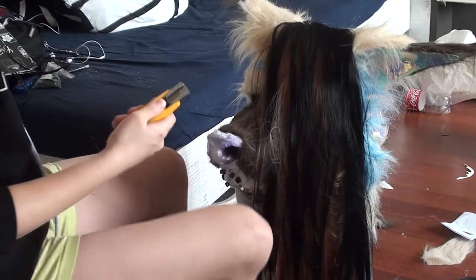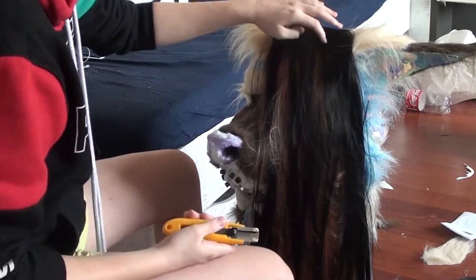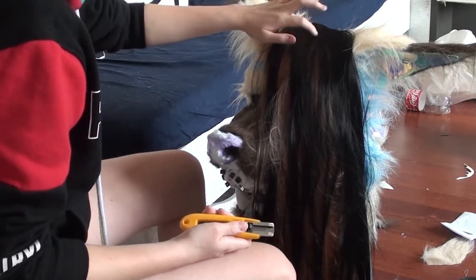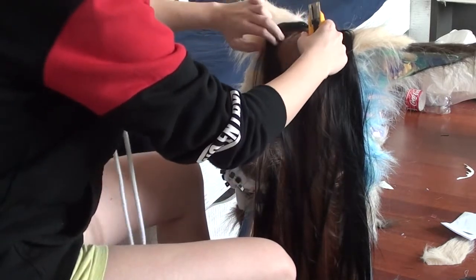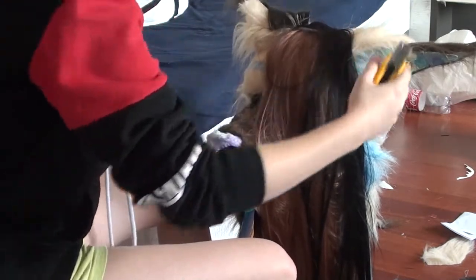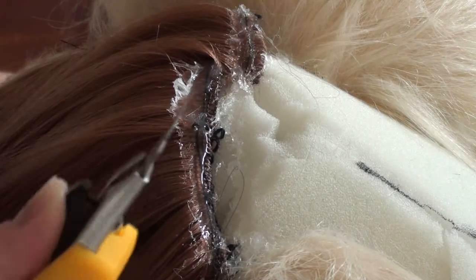Okay, so yesterday I installed the hair on the head right here, but it does not look good from this part. This is hidden, right? But this sticks out. You can easily tell that the hair does not grow out of the mask, so I have to rip it off. Okay, so now we take this knife, right,